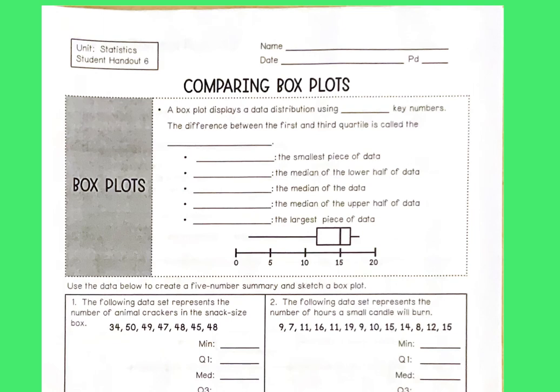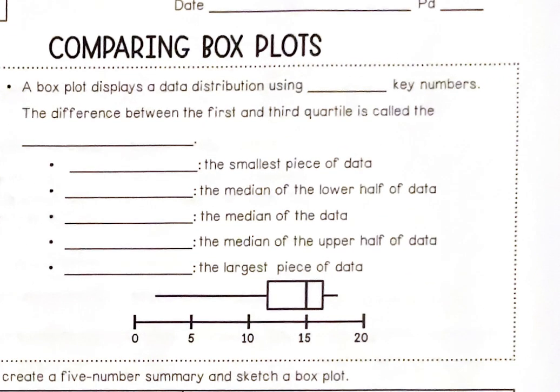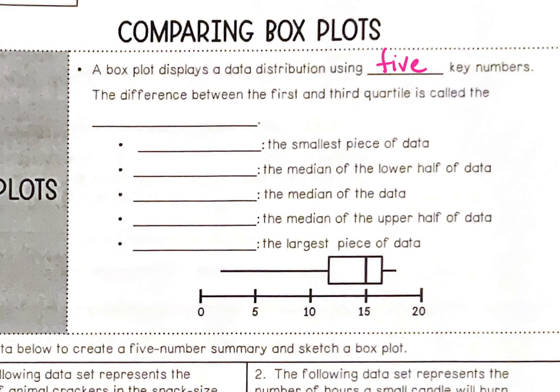Today we're going to talk about comparing box plots. They're also known as box and whisker plots. A box plot displays a data distribution using 5 key numbers. The difference between the first and the third quartile, so this is the numbers that we're talking about, they're